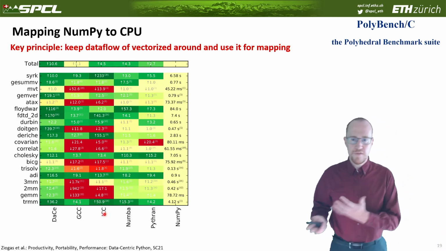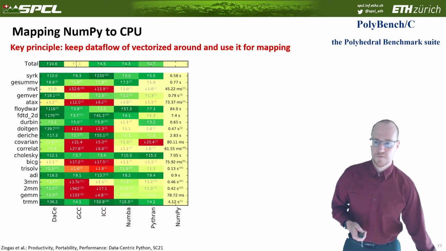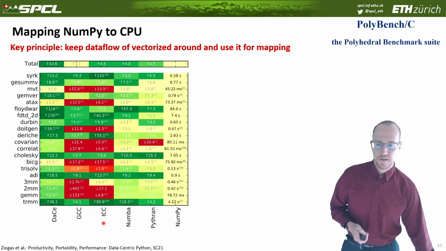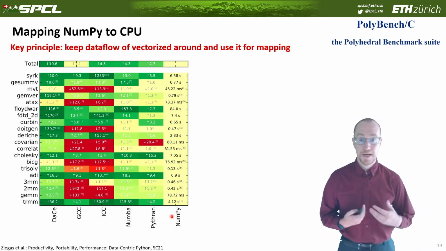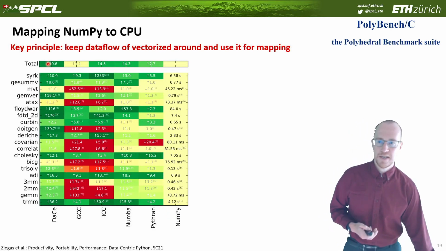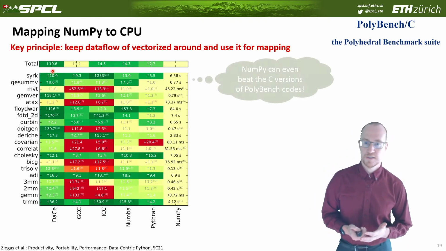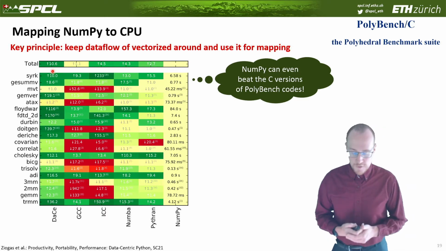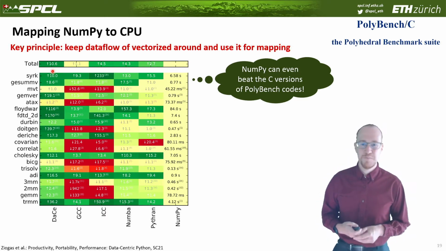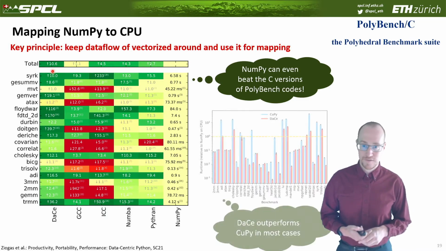The nice piece here is that Polybench actually contains C code. And now you may think, well, Python is really slow, so Polybench C will be much faster. But as you can see here, for GCC and ICC, both with auto-parallelization, we get significantly worse performance than from NumPy itself, because NumPy is using libraries to optimize this code. If you keep the vectorization, DaCe even speeds up 10x on average over NumPy, and of course much, much faster over the C versions in this case, which is quite interesting. For me, it was quite surprising that with Python I can actually beat somewhat optimized C versions of these codes. That's quite an interesting result.